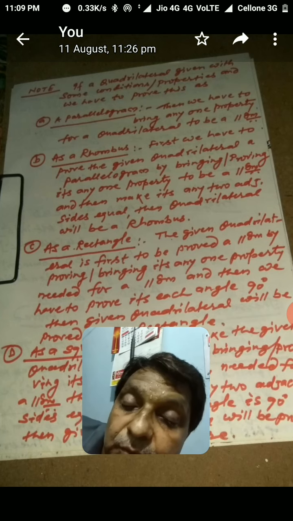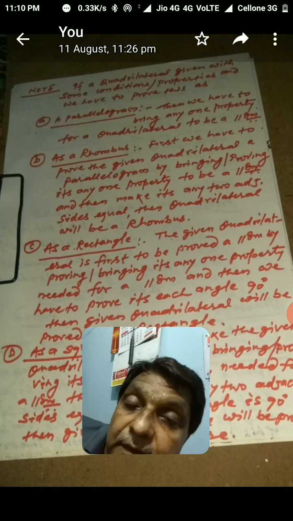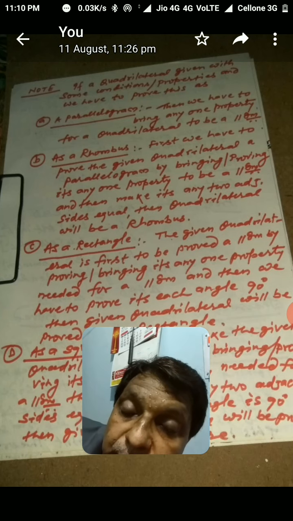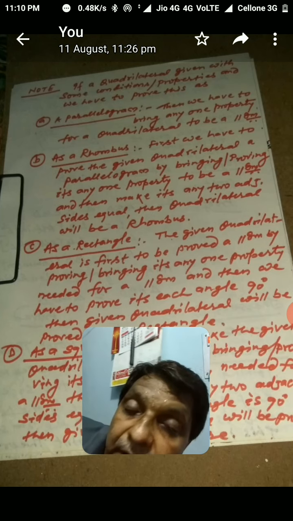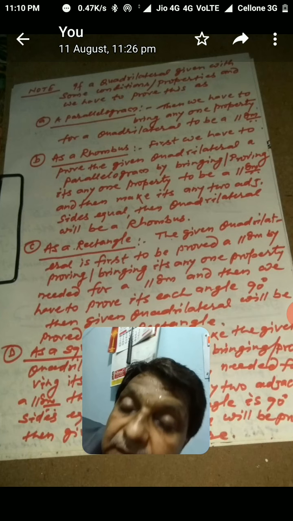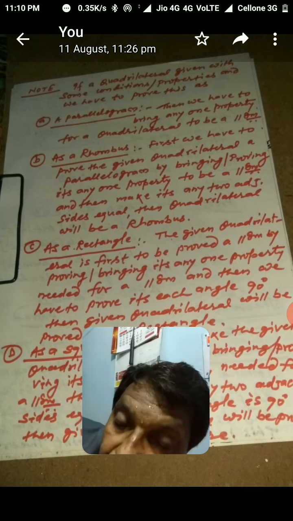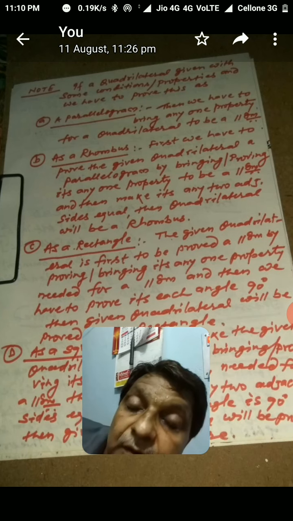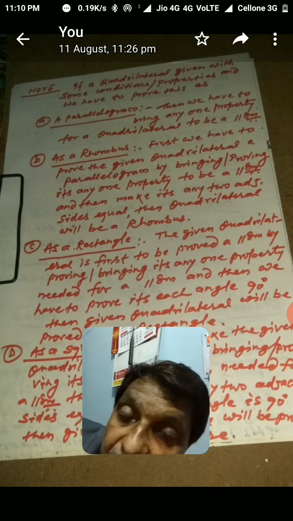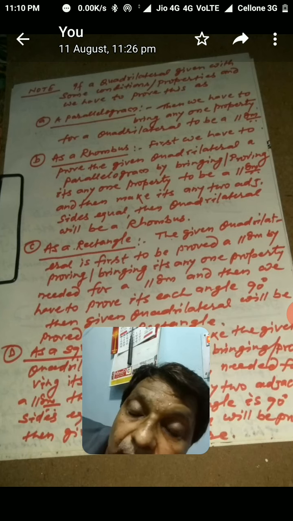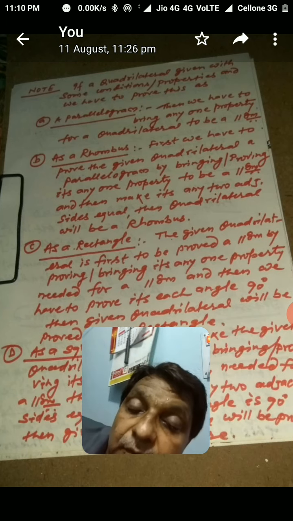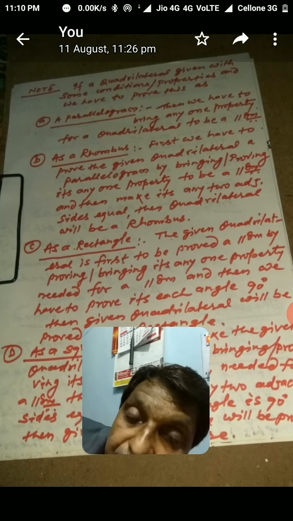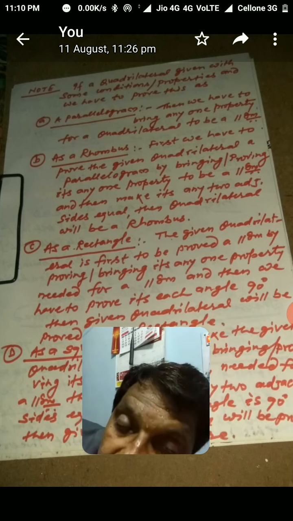Now to come to the square: when a given quadrilateral is asked to be proved a square, then with the help of the given clues and all 5 conditions, including one new condition, which is called the necessary and sufficient condition for a quadrilateral to be proved a parallelogram. One more rule is there, which is called the necessary and sufficient condition.